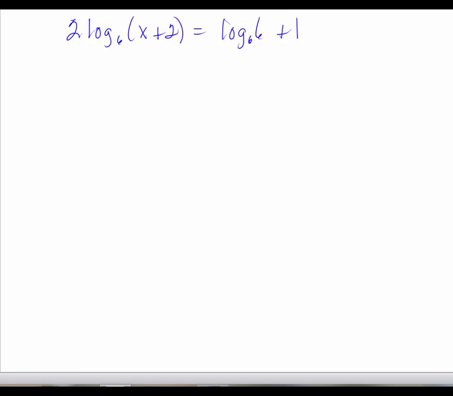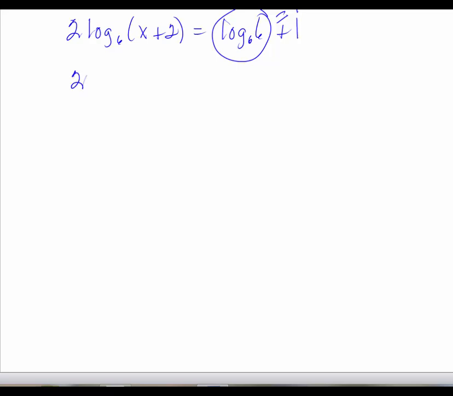Alright, let's solve this logarithmic equation from the homework. There are two ways to solve this, and I'll actually solve it both ways so you can see which one is easier, but I'll start with the easier one first. First thing I notice is that the log of 6 base 6 is equal to 1, and so that makes